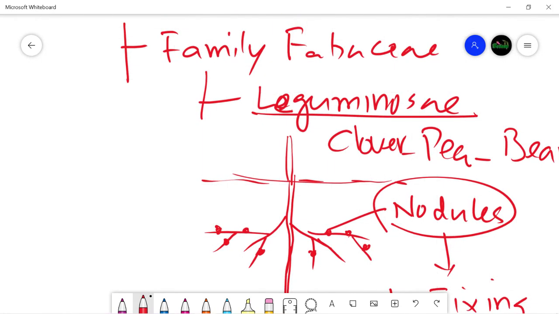So this concludes our discussion of fibrous and tuberous taproots, or the discussion of taproot. In the next video we shall start the discussion of